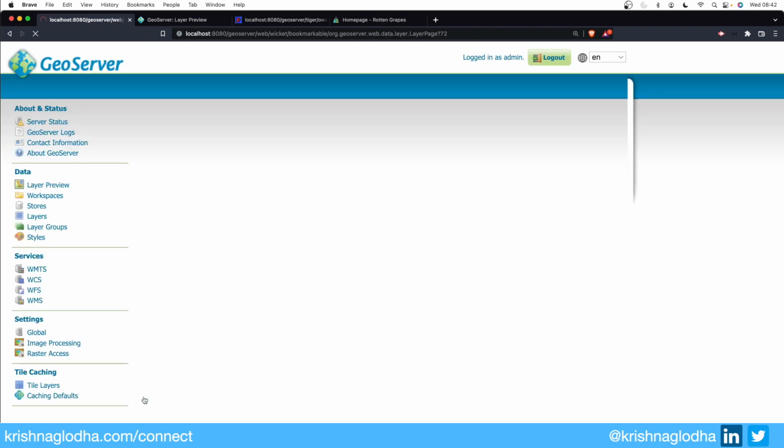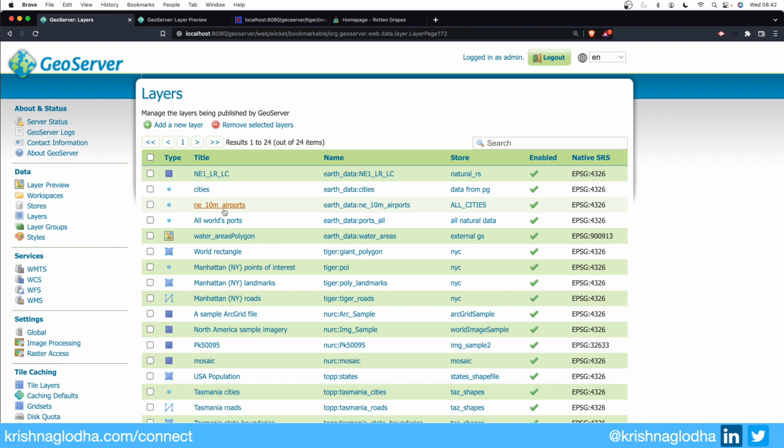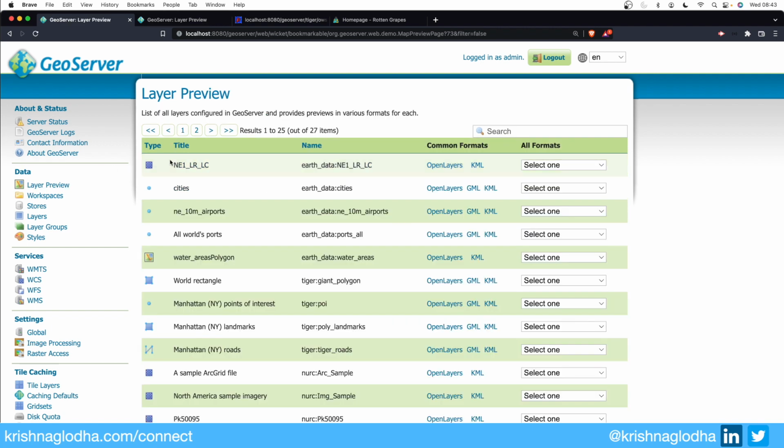Now if I click on save, you will see that our layer is saved and this is our layer. We have all world port and then this is the layer name, earth underscore data colon ports underscore all, and then this is the store name, and you can see the coordinate system is 4326. Now if I head over to layer preview and I will simply try to preview this layer one more time. So I will click on open layers,